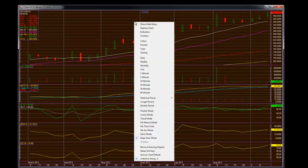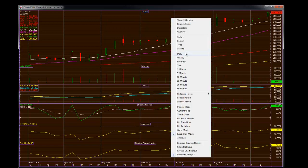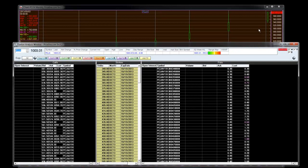But right now, what we're telling people is that on the weekly level, that's this weekly chart, when you take a look at the monthly level, you went from, let's just call 940 up here to the high of 1007. You're 98% on the monthly now, and you're 77% on the RSI. The momentum is at the top of the channel of the name. We're going to be taking a look at Priceline $1,000 puts. Just remember that these are extreme bull runs, but every bull has a pullback